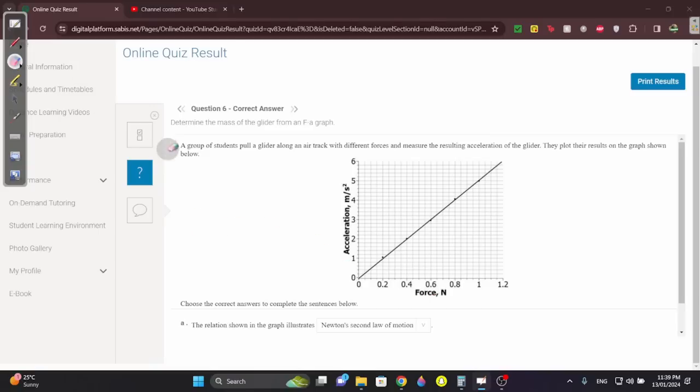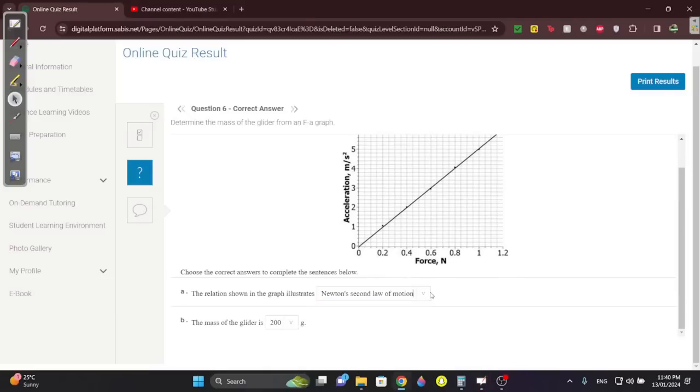Why you have this is because Newton didn't say F equals ma as the second law. He said that the force is inversely proportional to the acceleration and mass. And in this case, the force is inversely proportional, or wait, is it directly? Sorry, yeah, the force is directly proportional. So the force is directly proportional to the acceleration. If you look at the graph, as force increases, acceleration also increases. That's why it proves Newton's theory that force and acceleration are directly proportional, which is his second law, F equals